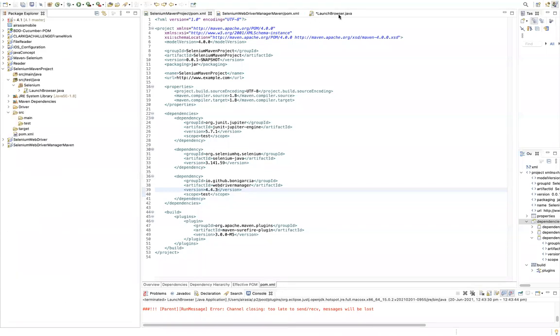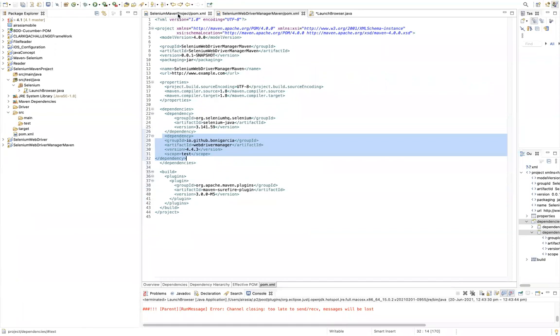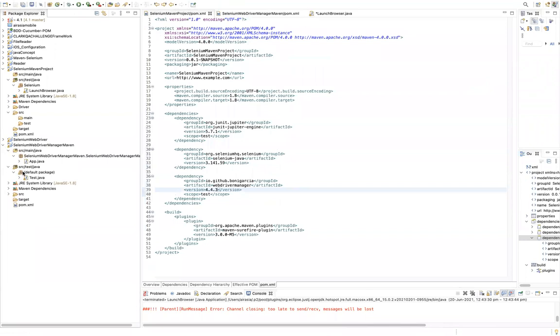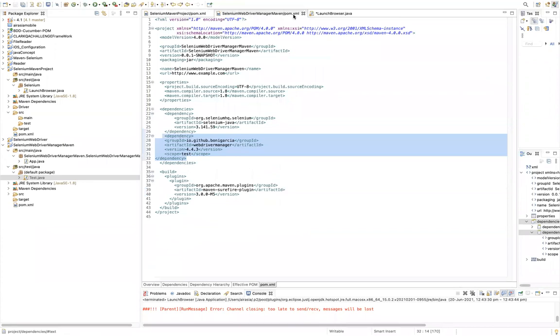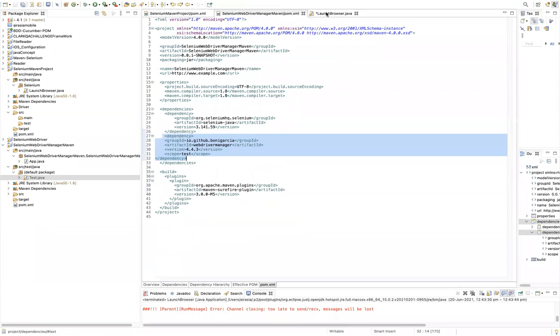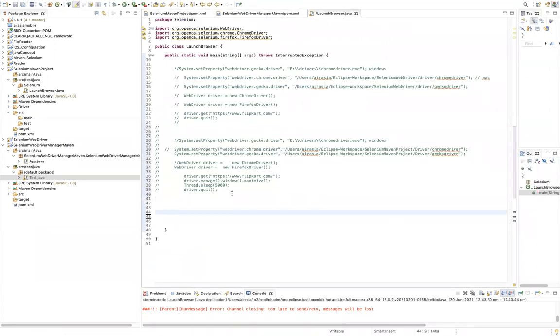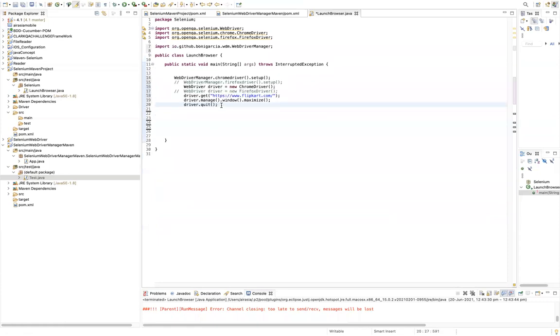Now, once this dependency is added, what do you have to do? Okay, so web driver manager, this test Java. I'm just copying a few lines of code from here, and just removing this.